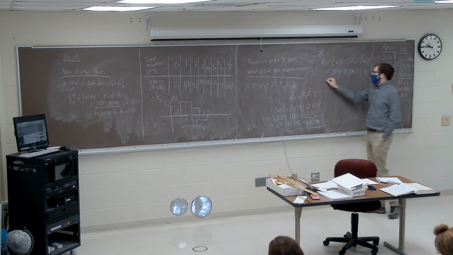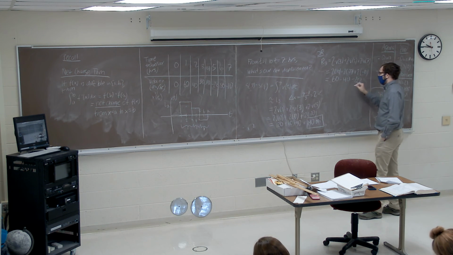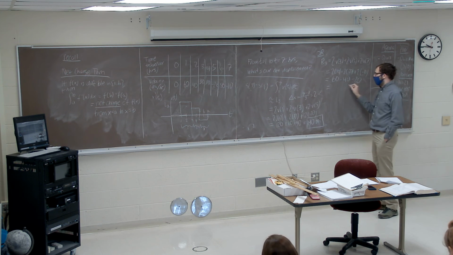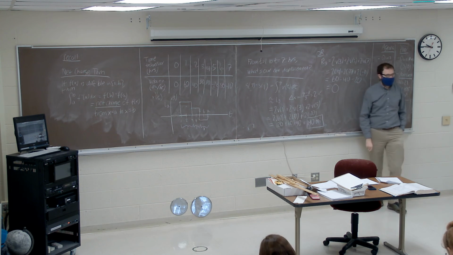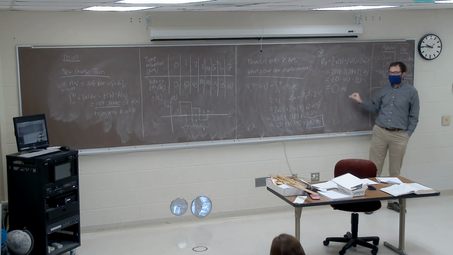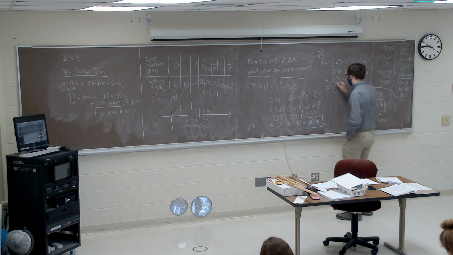Which is going to come out to 60 minus 40 minus 20, which I do believe is going to come out to 0. Wow. Although technically, if you wanted to be cheeky, you could say 0 inches or 0 light years or 0 whatever unit of measurement you want, because if it's 0, it's all the same.